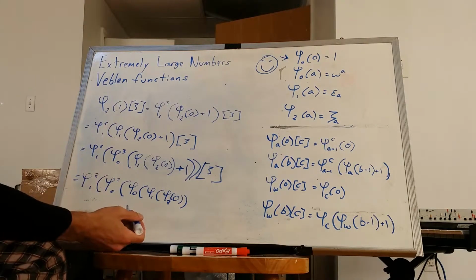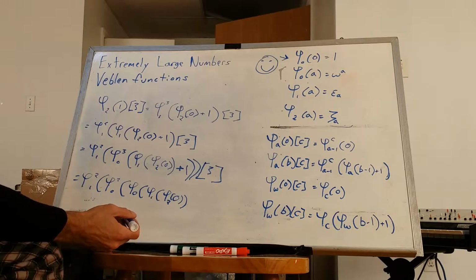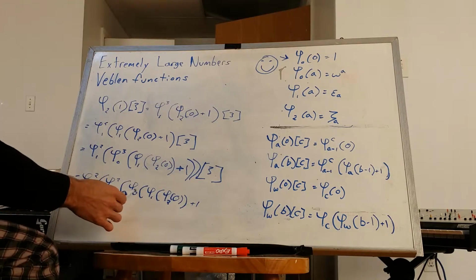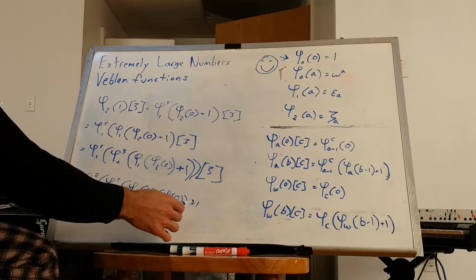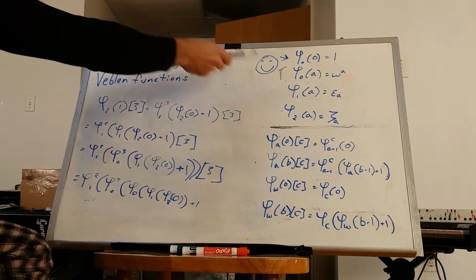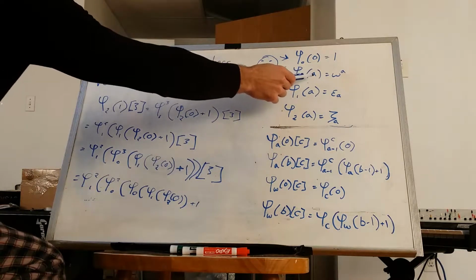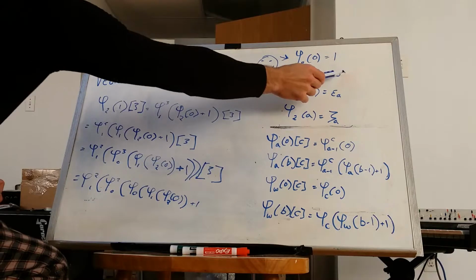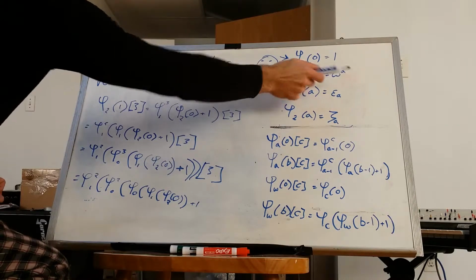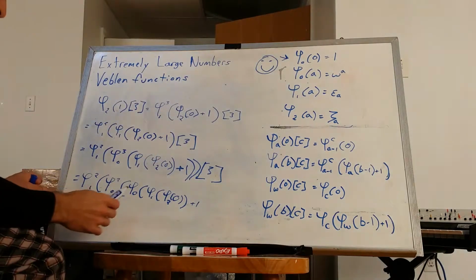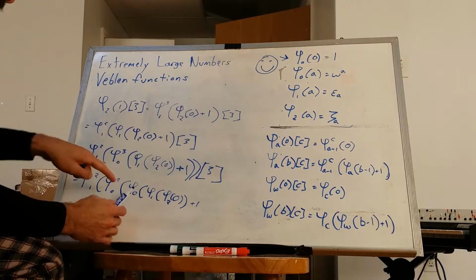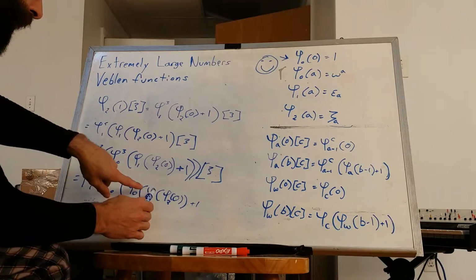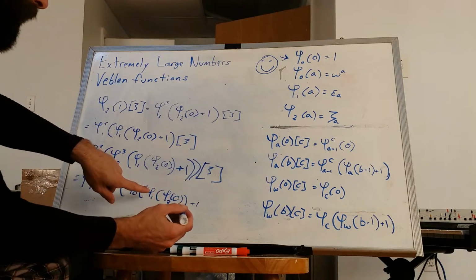And now something kind of funny happens here, because we have phi naught of this whole thing here plus 1. Well, as we saw here, phi 0 of anything is omega to an exponentiation. I can't say that word. Okay, an exponentiation. So if we have a phi naught here, basically we're going to take omega to the power of this thing here. And then if you remember your rules of exponents,